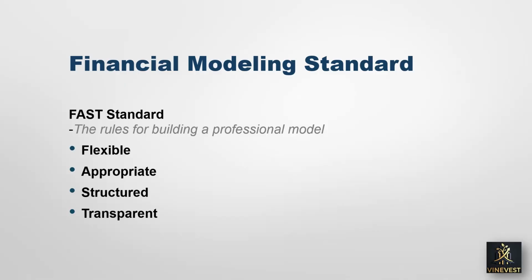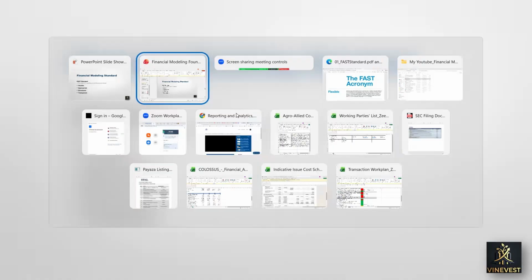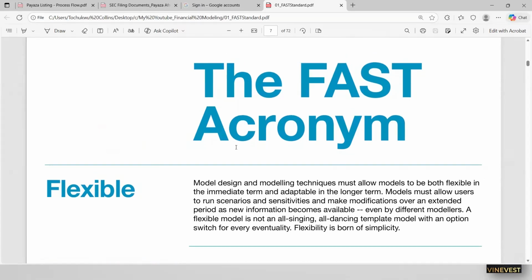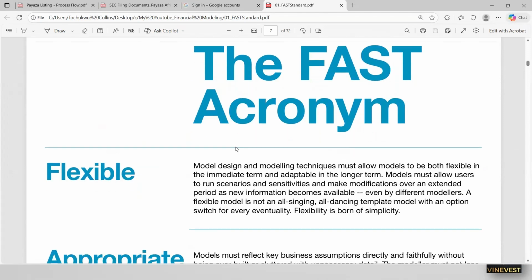usable by the stakeholders. In financial modeling, we have an acronym called the FAST standard. And the letter F stands for flexible, A stands for appropriate, S stands for structured, and T stands for transparent. And I'm going to open a PDF file from the FAST standard website. So the FAST acronym,